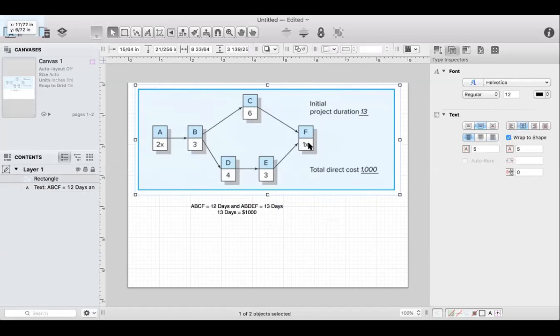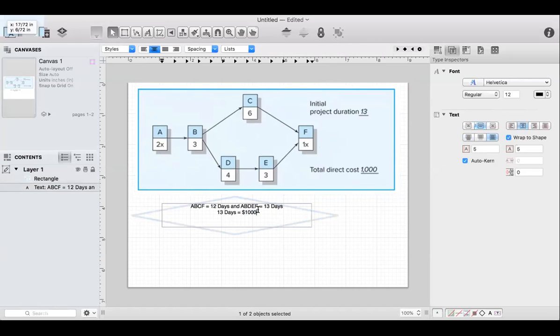So can you guys tell me which one is the longest path? Longest path. It's A, B, D, E, F. Okay, so we know we can't crash A. We know we can't crash F. We know we can only crash B, D, or E. Which one do I crash? D. Okay, D. So we make D